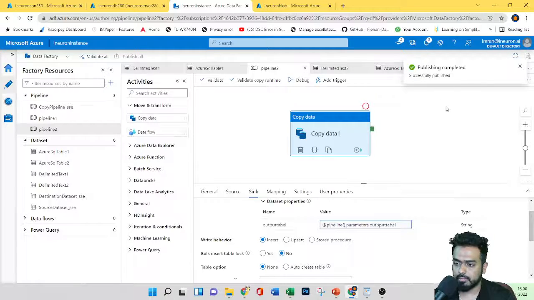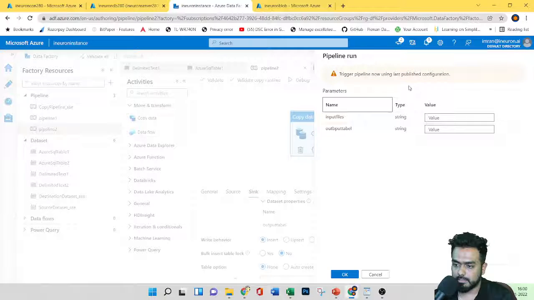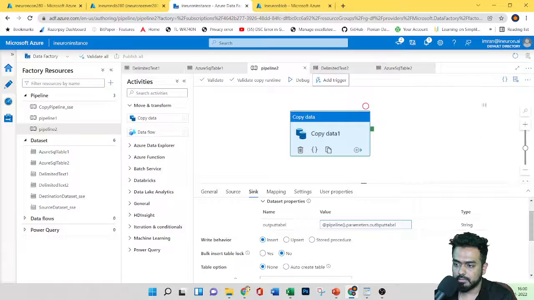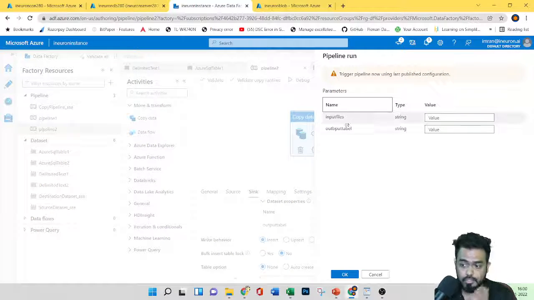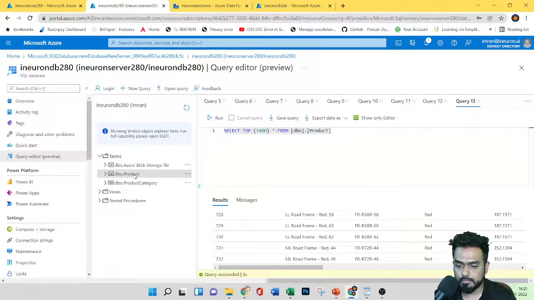Now I'll try to trigger: add trigger, trigger now. Publishing is done. You can see it's asking for the values. What is the input file? I need to give the same input file that I just stored, that is product.